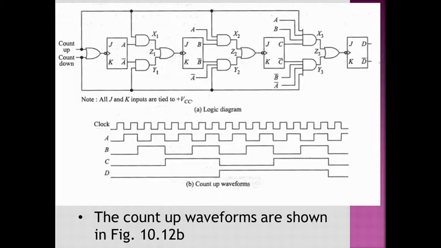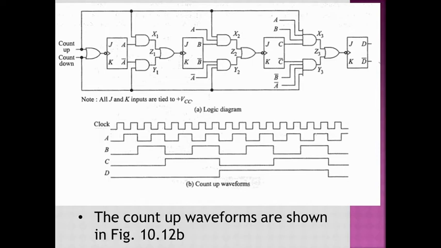You see this circuit. In a 3-bit counter, 3 flip-flops were utilized. In a 4-bit counter, there are 4 outputs A, B, C and D. That means 4 JK flip-flops are going to be utilized. Here it is not mentioned, but all the J and K inputs of flip-flops A, B, C and D are connected with the VCC. You can see that it is written here. All J and K inputs are tied to the VCC. So these flip-flops are utilized only in one mode, that is toggle mode.